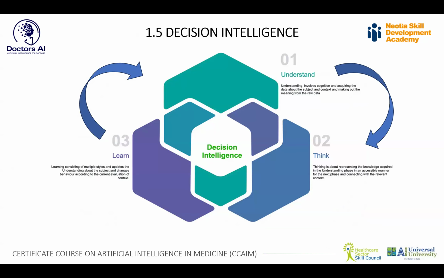What about decision intelligence? You're asking the model to understand, think, learn, again understand, think, and this goes on in a virtuous cycle. And you find this kind of action in most of the tools which you have used in the form of your generative AI tools, because it understands the context, it thinks, it responds, it gives you a personalized response, again by learning from it. And each time you're giving a prompt, it learns from it through reinforcement learning, through fine tuning, and again understands things and gets better with each and every day.